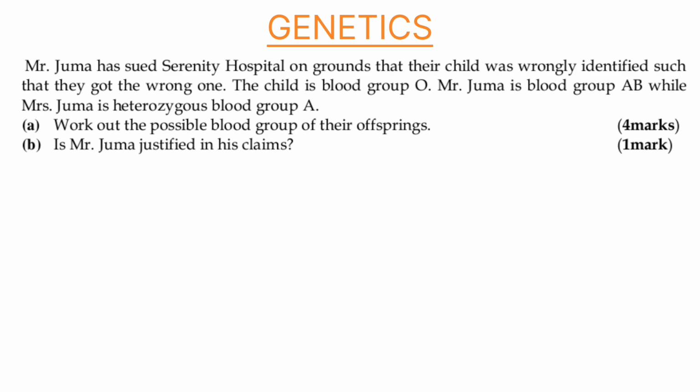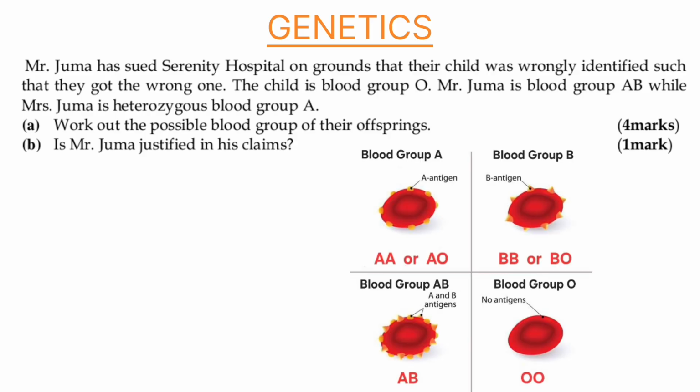Now, kama kawaida, let us briefly discuss the concepts before we delve into tackling the question itself. Now, the ABO blood group system is one of the most important blood typing systems in humans. Its inheritance from parent to offspring usually follows the Mendelian laws of inheritance. So we have 3 main antigens on the surface of our red blood cells, and the presence or absence of these antigens determines which blood group you will end up having.